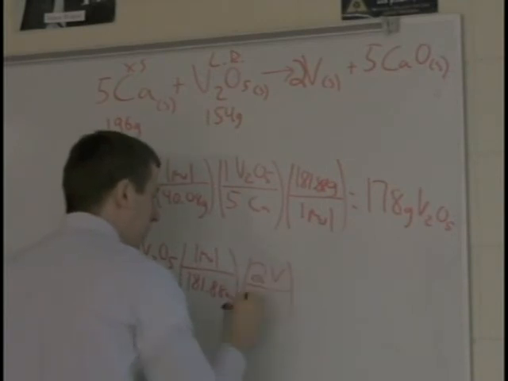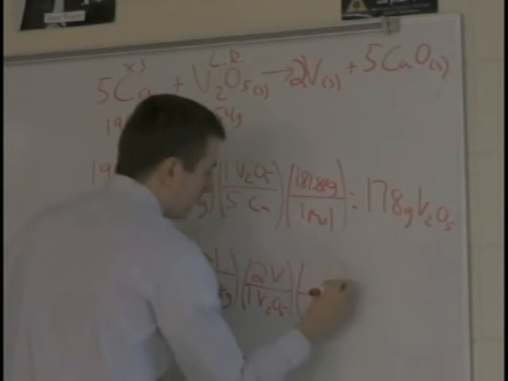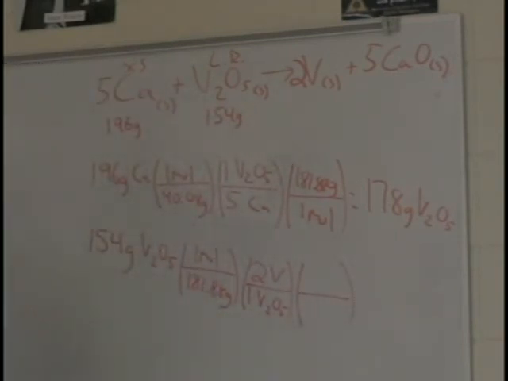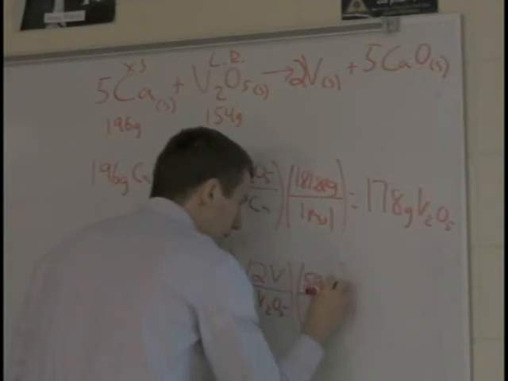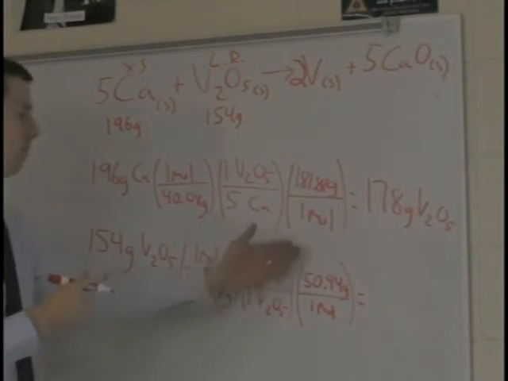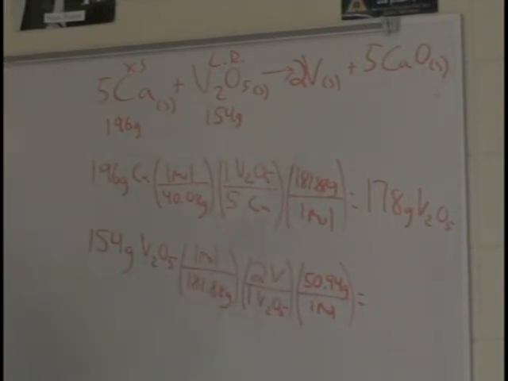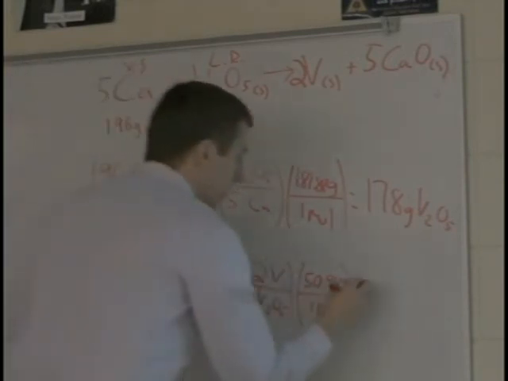There's 2 vanadiums for every 1 V2O5. The last step is now convert it into grams, which is 50.94 grams for every mole. Divide, multiply, multiply. I end up getting 86.3 grams